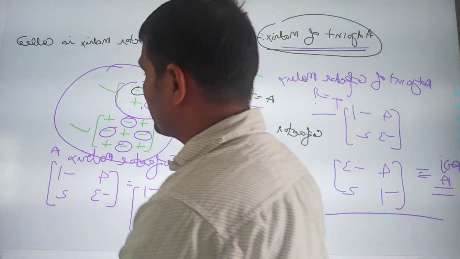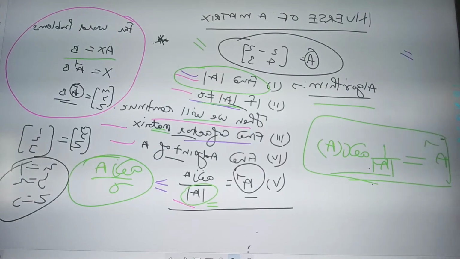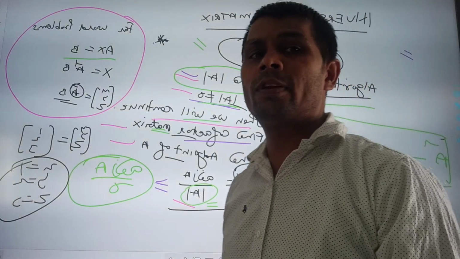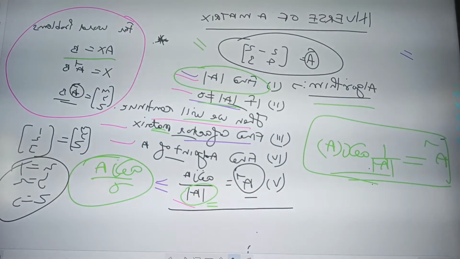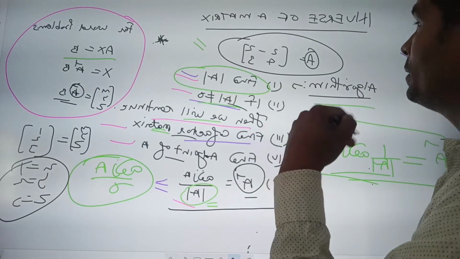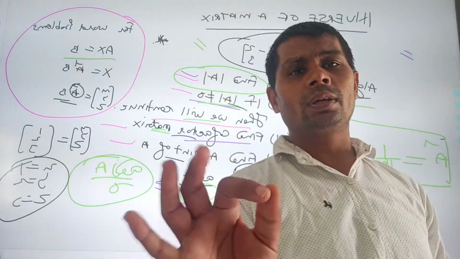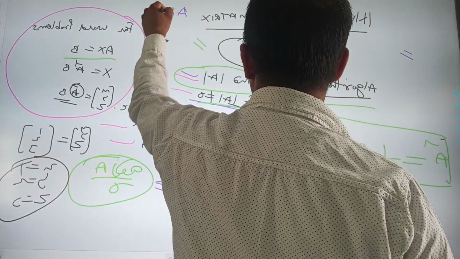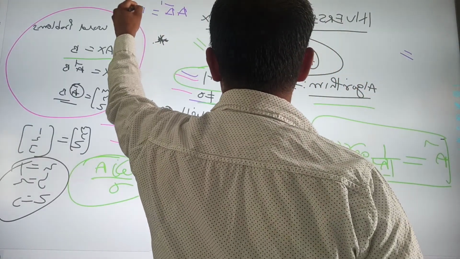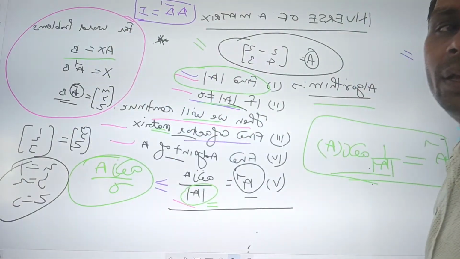We are moving to the next slide. Another question: inverse of the matrix. After that we calculated the inverse of the matrix. 100% you will find one question based on the inverse of the matrix. So what is the inverse? You have to calculate the inverse. Before calculating the inverse, one more thing I just want to tell you, it should be clear that A and A inverse always give an identity matrix.